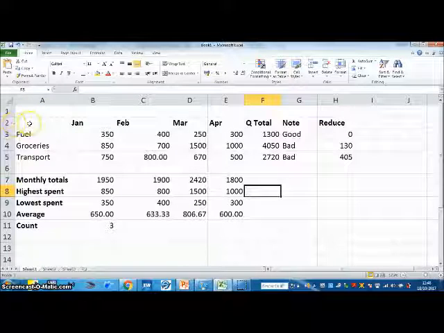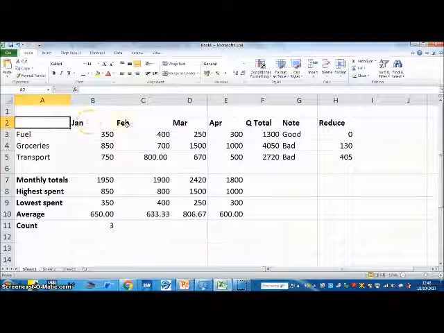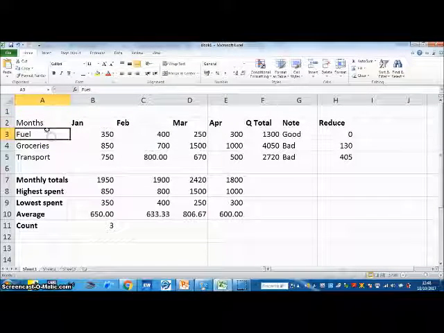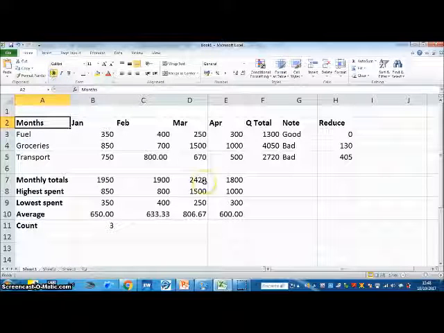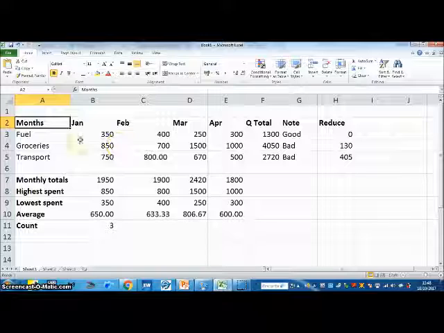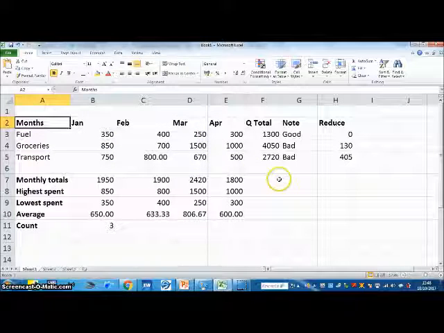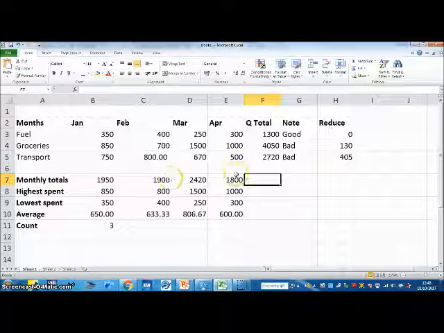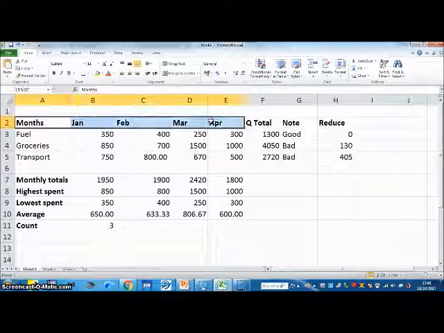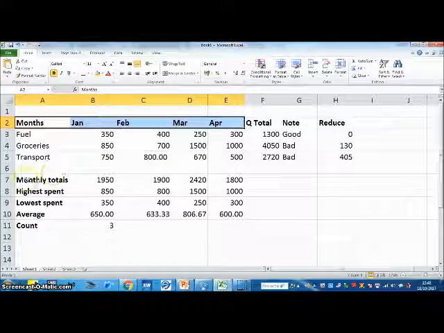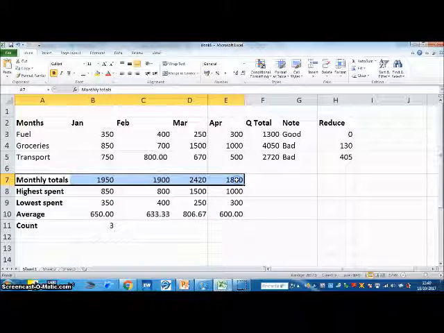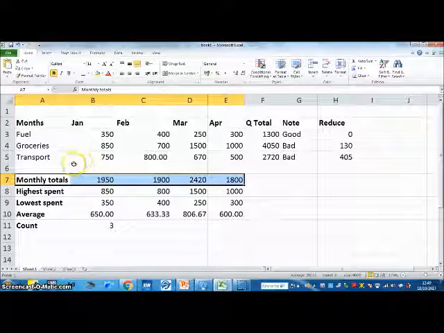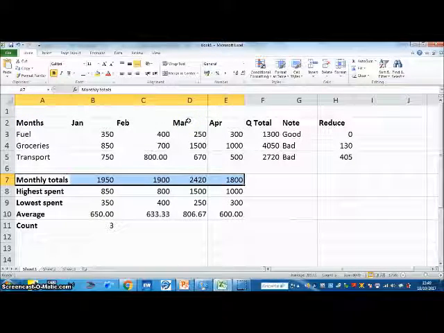So we had not labeled this row of months, so let's put months there. So what you do is you highlight the two items which you want to represent on the graph. In this case, we want to compare months and their corresponding monthly totals. So you simply highlight them. Now notice what is happening. The time I move to highlighting monthly totals, the highlight I had on months, it moves away. So what you do is,